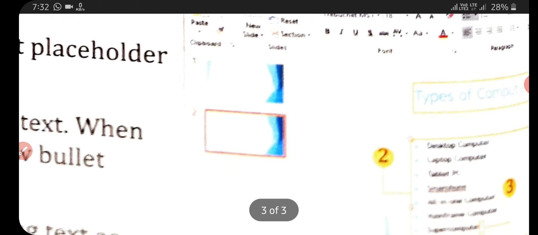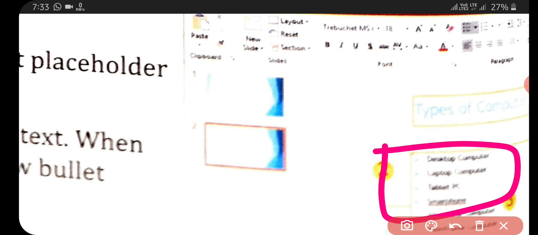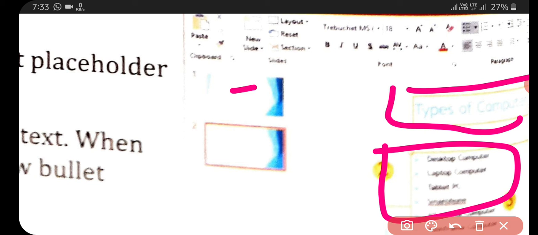So here we see, we made a slide of Introduction to Computers. Then the title was Introduction to Computers, and its contents, the subtitle was Types of Computers, and its contents are displayed here in bulleted list form. So you see, in the first slide we gave Introduction to Computers, that is the title, and then your subtitle is Types of Computers. So here we make a slide of types of computers.